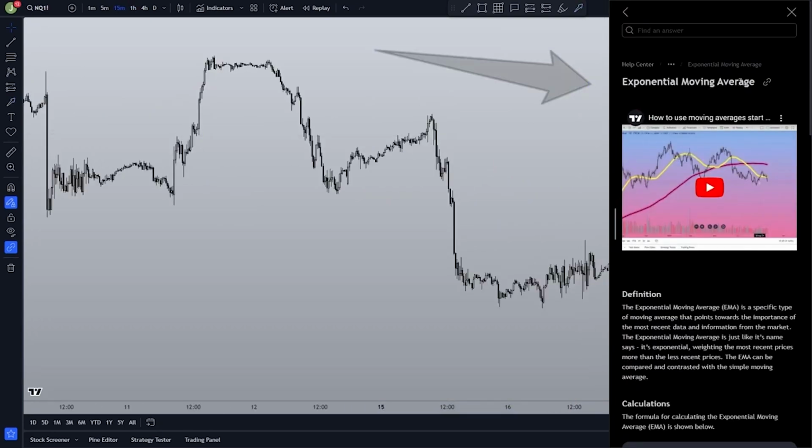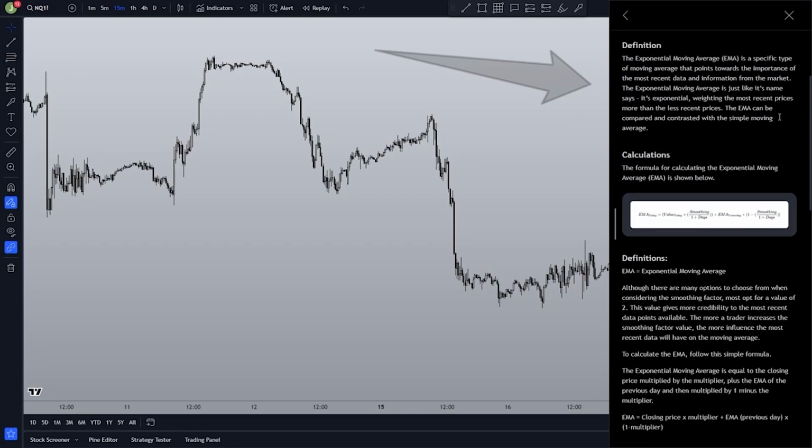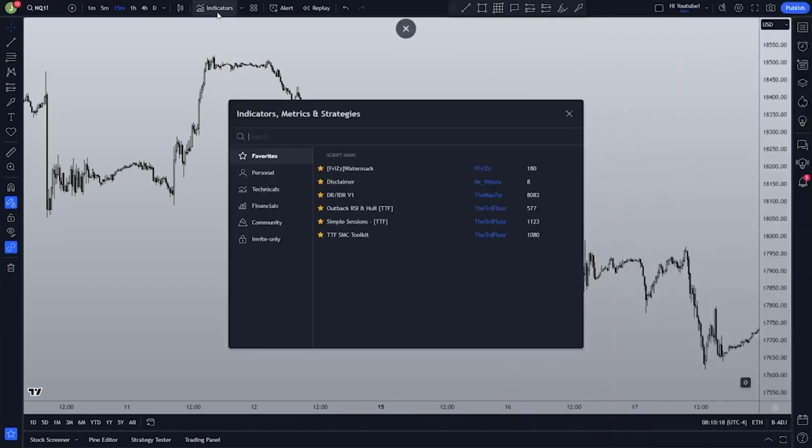Next on my list of easiest ways to form a bias is using exponential moving averages. Specifically, we're going to be using a pair of EMAs. Now, you can use any indicator you want to get multiple EMAs on your chart at once. My personal preference is this indicator called Ripster's EMA Clouds, because they do a really good job at illustrating the